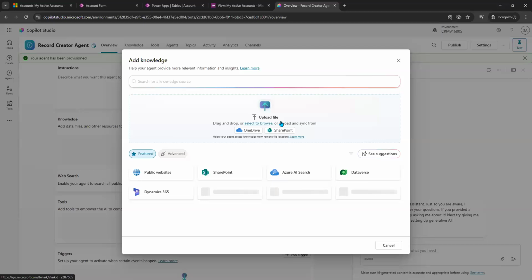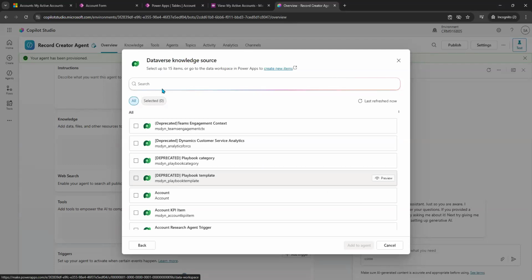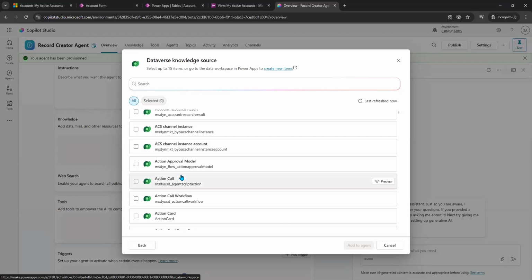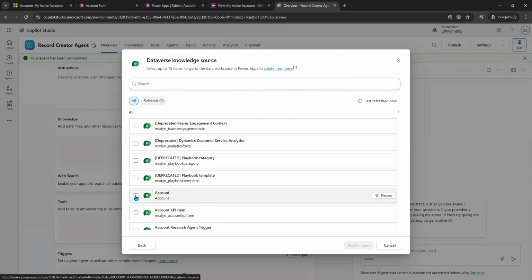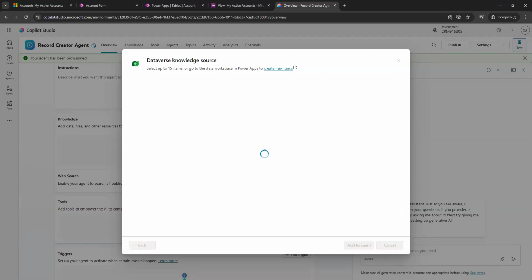Whatever is being asked of you to create should be created in the Dataverse table. So we will describe in which table it should be done. Here, if you see, it is giving the list of the tables in the Dataverse. We are now going to use this one, account, which is out of box. Not only out of box, you can also create any custom fields depending on your requirement when you are creating a Copilot. So now I am selecting this account, and when I click on add to agent here,